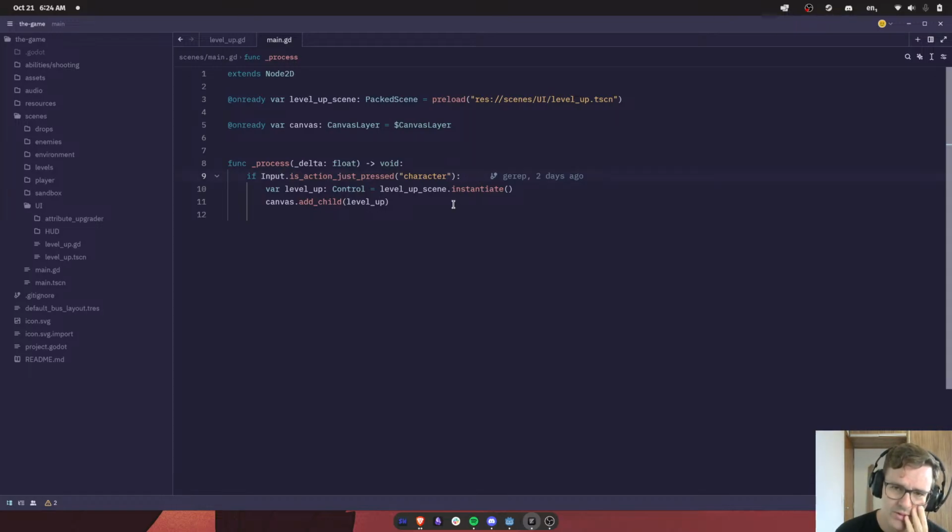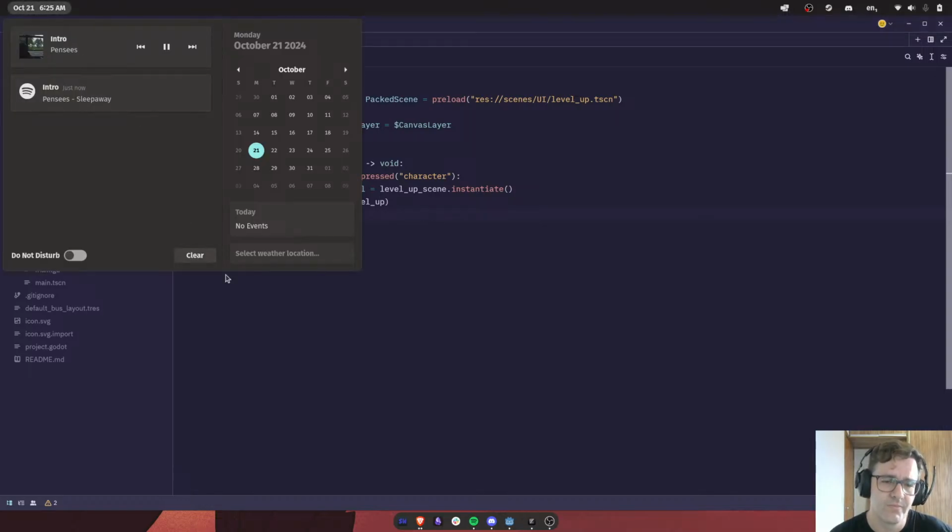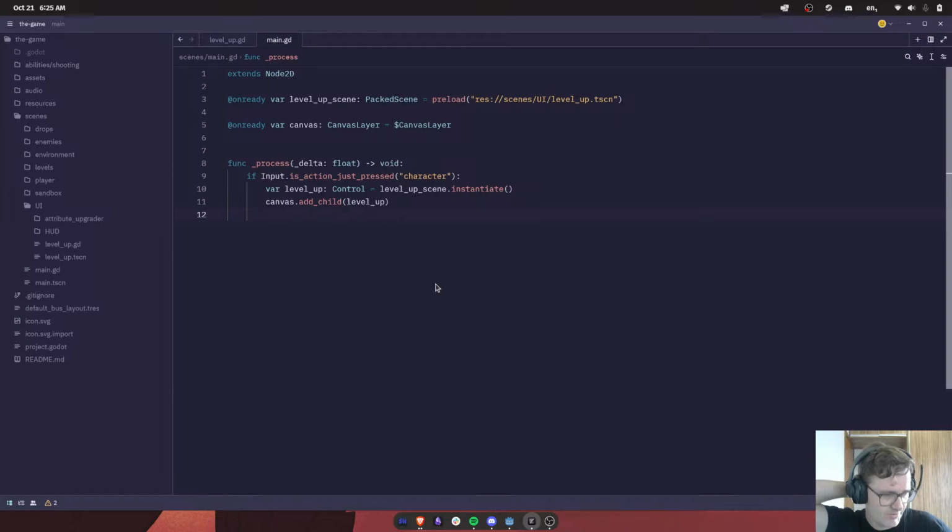The problem is when I toggle the visibility, I need to keep updating that element when things happen, like when the player levels up. When the player levels up, the attribute